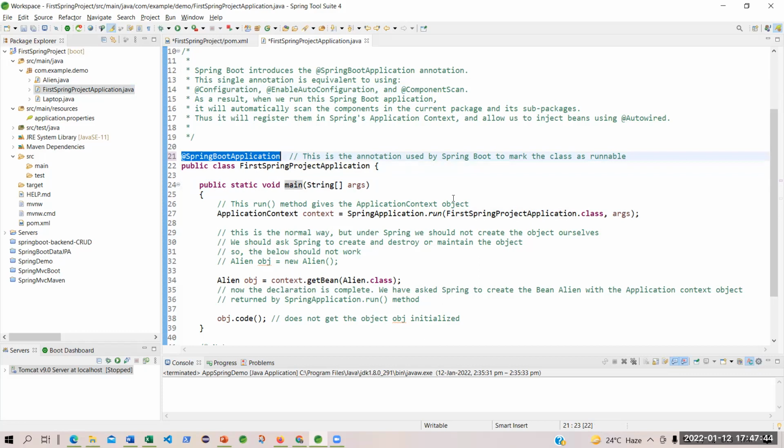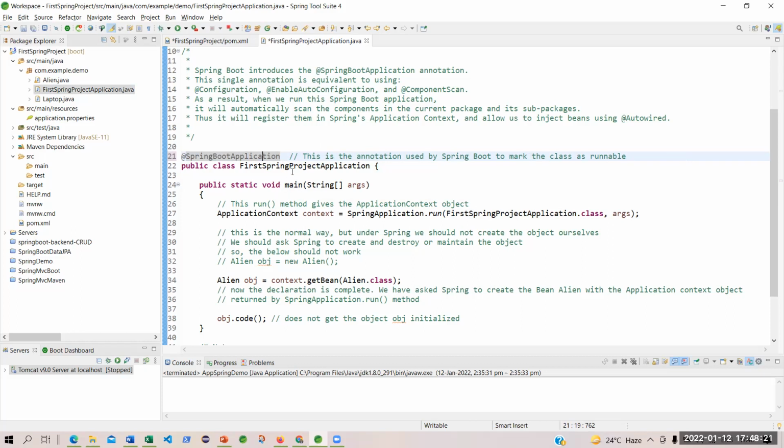Otherwise, you will see how much configuration you need to do. That we will see in the next session when we start learning Spring Core. Clear? Up to this, any questions? Annotation, for the time being, you just understand that it is nothing but you are calling another Java class. And that Java class is given by Spring Boot, and that actually takes away your headache of doing configuration. Why configuration? We will come to know right now.